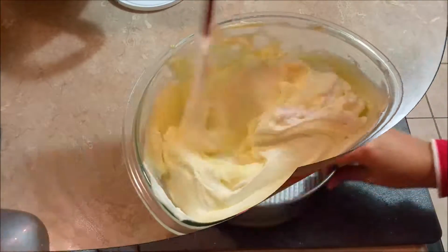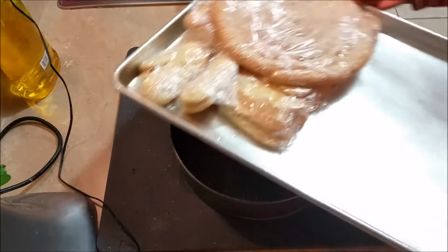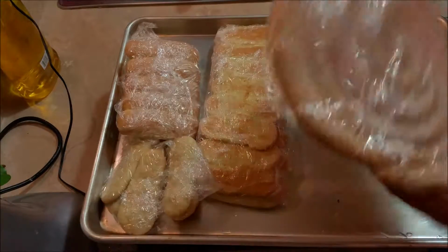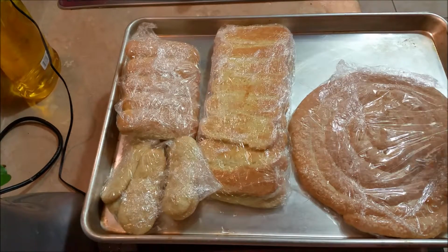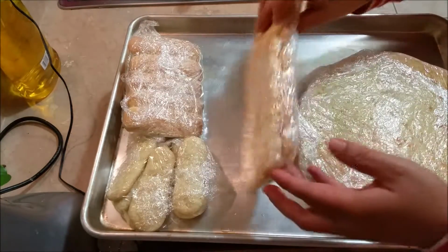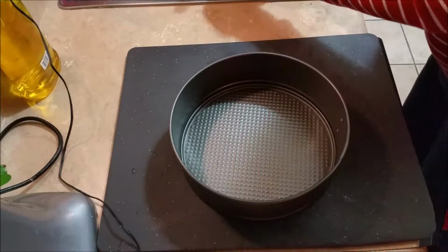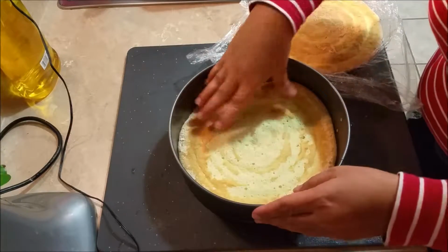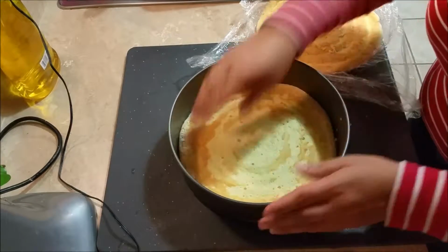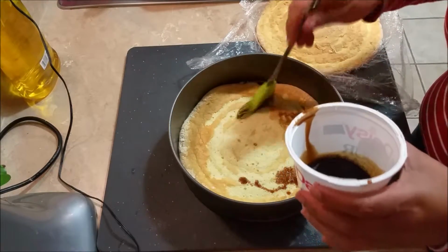Okay, so now I'm ready to assemble my cake. I'm doing a tiramisu cake, and you can use a casserole if you just want a normal tiramisu dessert. I'm doing a cake, and I've got a recipe on how I made the disc and the lady fingers. So I'm just placing my disc on the pan,